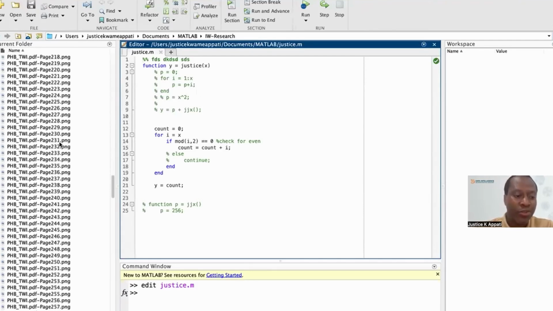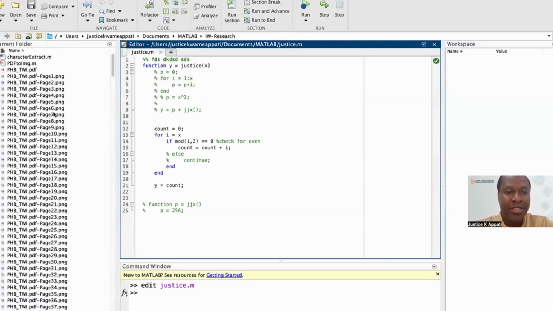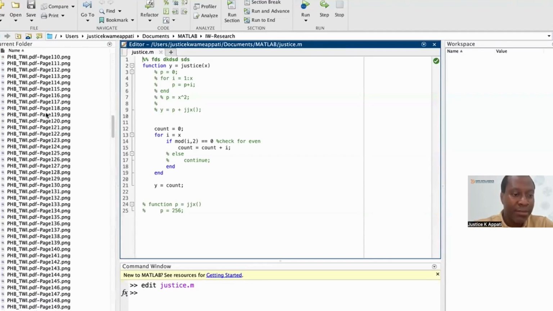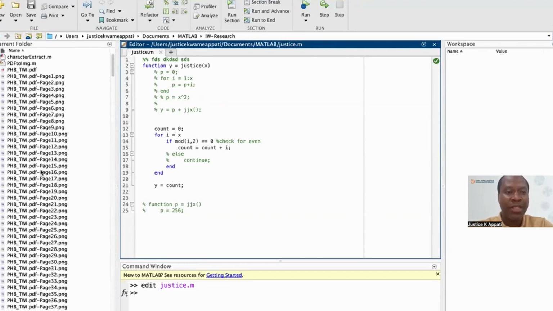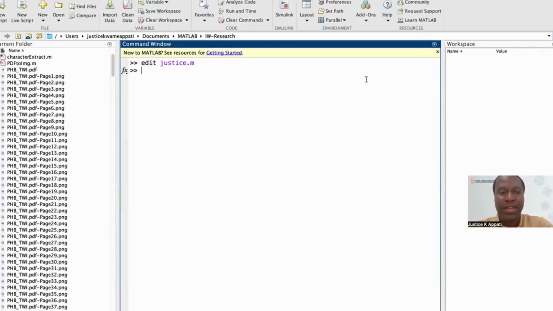So when you scroll through, you should see maybe justice somewhere. I'm not quite sure why my eye cannot see it in the IW. So most likely it's mixed up somewhere in there. Yeah, but all it means is that in my directory, there is a file called justice.m already. So just close it and create a new one, maybe